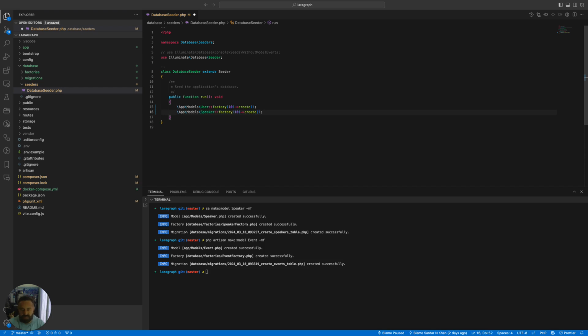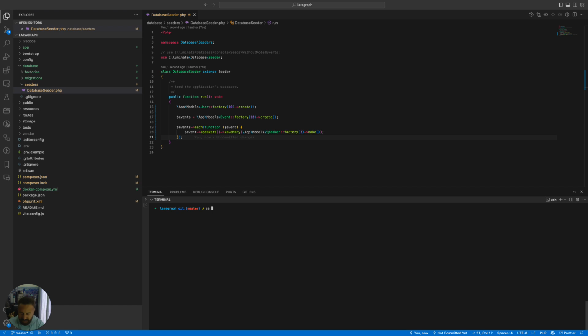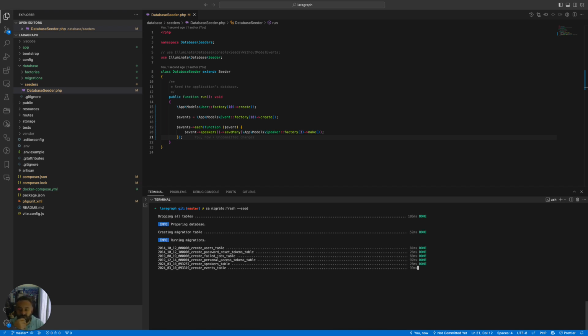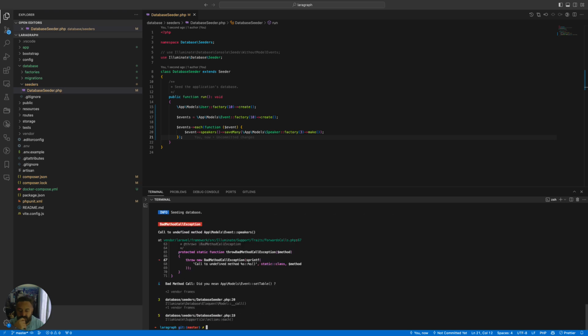So following the trend, it's doing this. But I have a better idea. So something that I used, I'll say for example events, and we'll use an events factory to create 10 events, and then for each event, yeah, you can use it like this as well. You can use the each function, you can use the foreach loop, and I think this should be working now. We'll see if something doesn't. Let's just try using the same command, migrate fresh seed, so that will migrate over everything that we have and also run everything in the